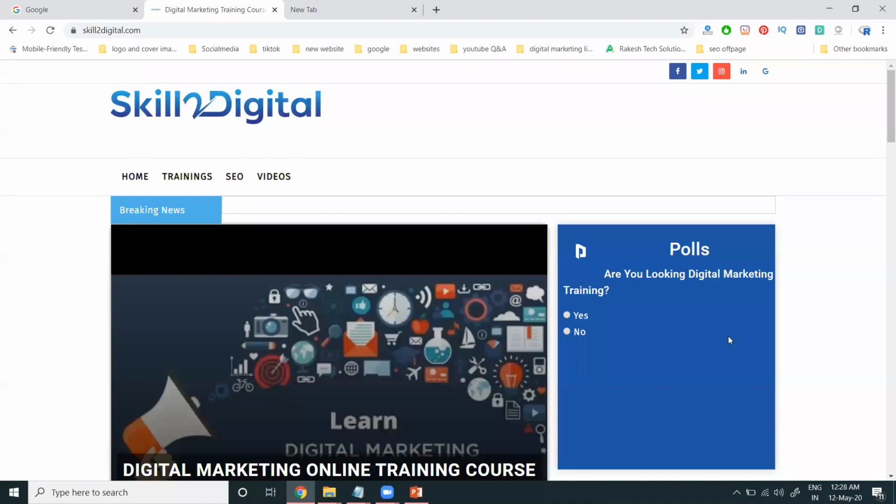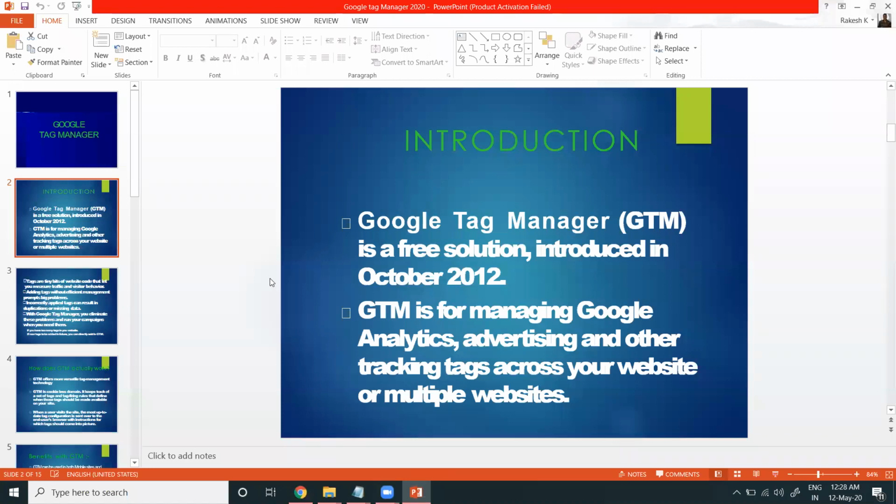So guys, I'm discussing how you can set up and install Google Tag Manager on your particular website. What is the purpose? First of all, we know that Google Tag Manager is a free solution introduced by